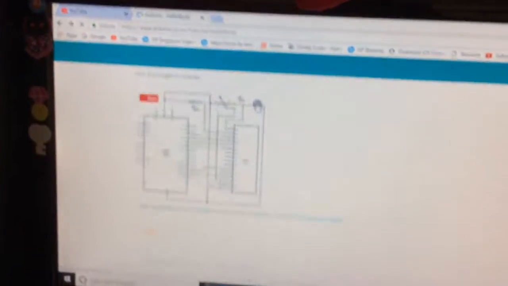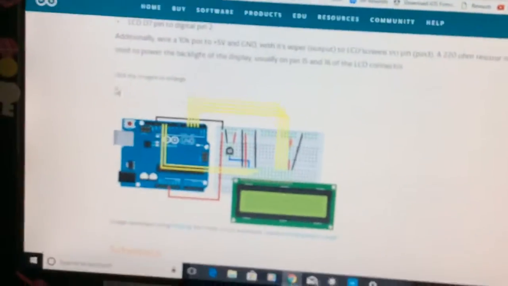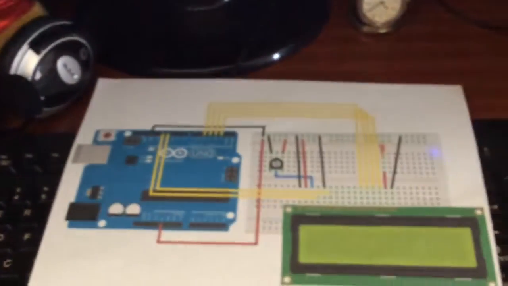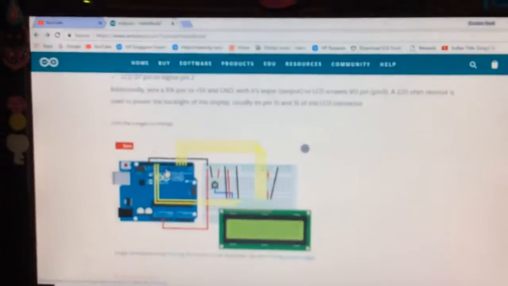So first you will have to visit www.arduino. Don't worry, guys, I'll just put this in the description below, and then you can just download this file and you can just print it like this as we have printed it for more easiness. So now what we will do is